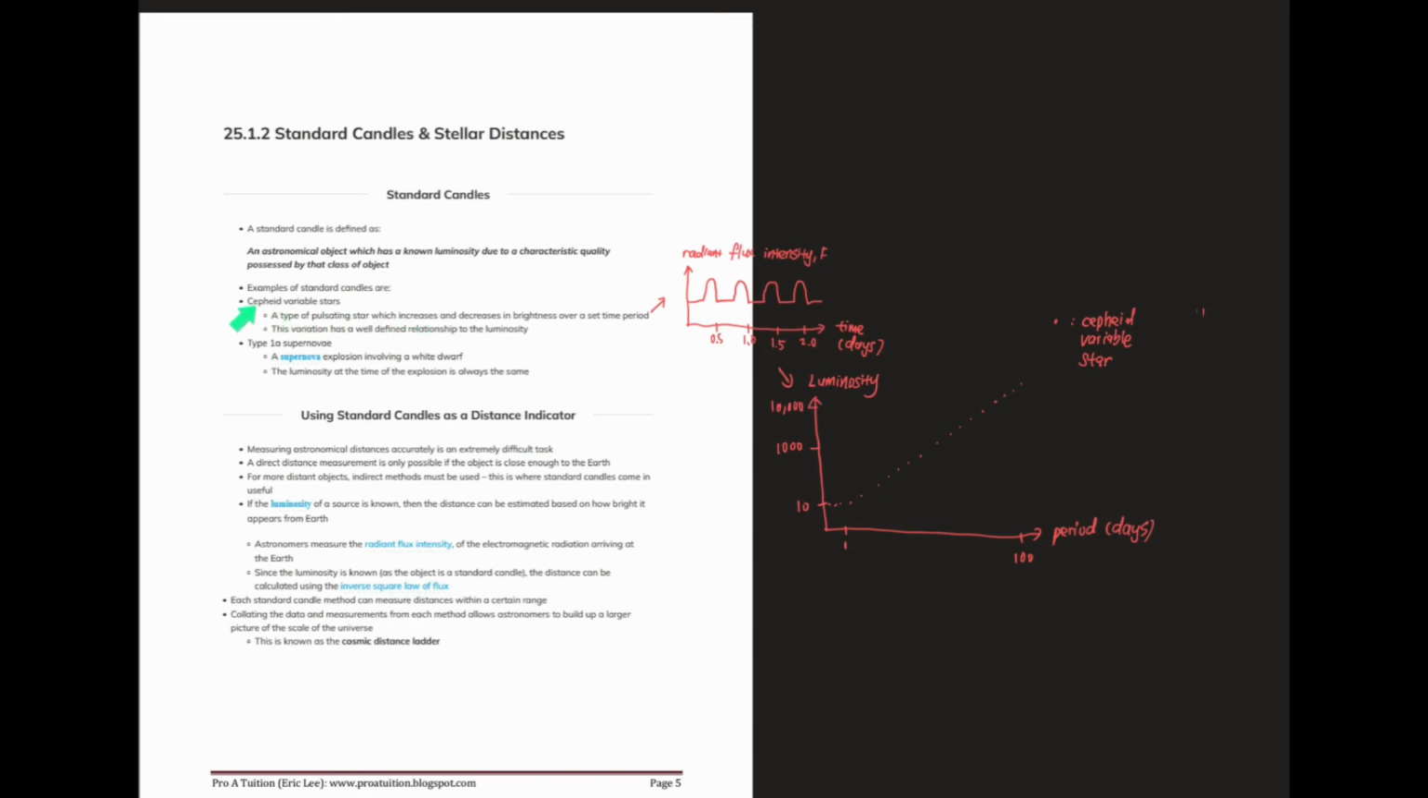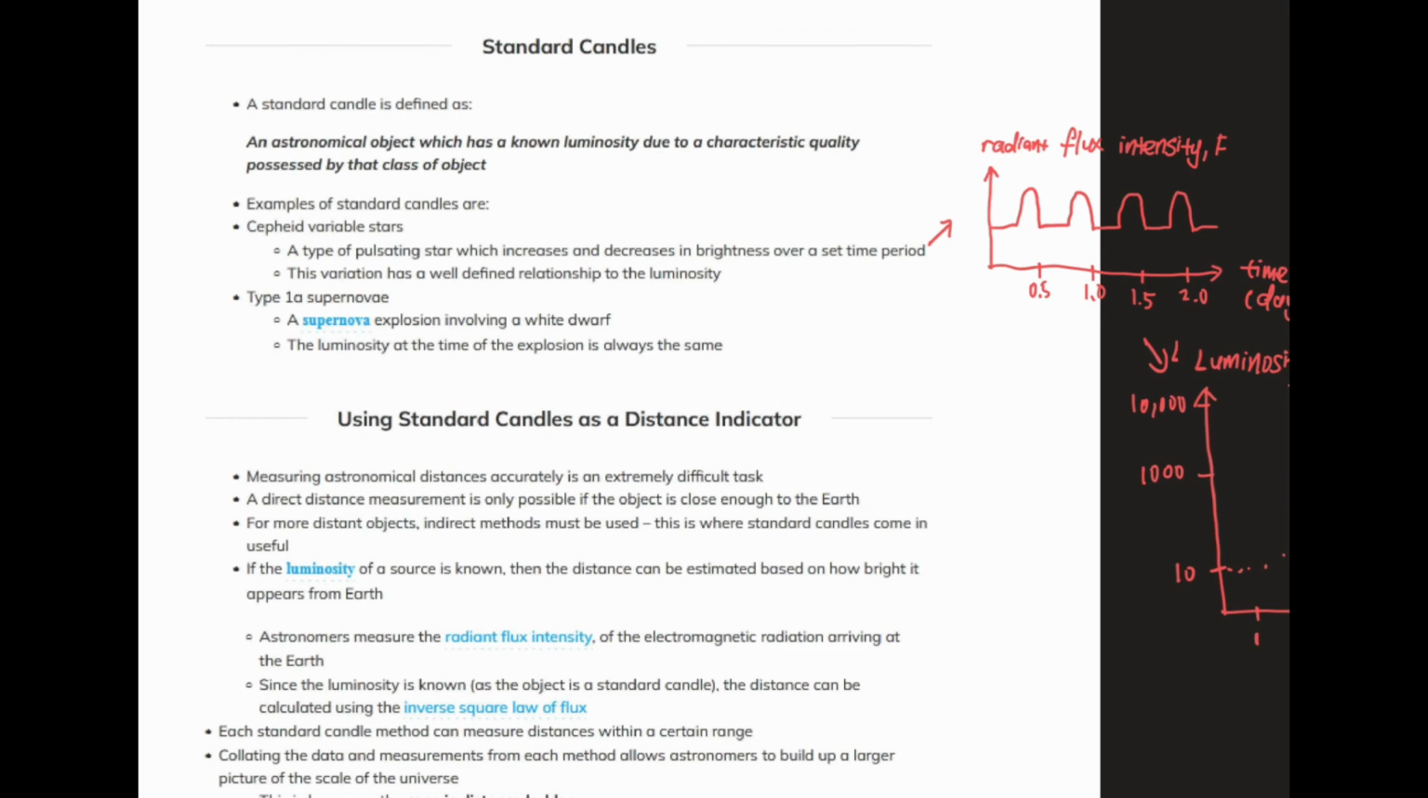So this is just for specific variable stars, which means just for those stars which have a change in brightness over a set time period. But certain stars don't have this situation, they are the same brightness all the time. So then we can't use this anymore. So, for example, in this situation, we have